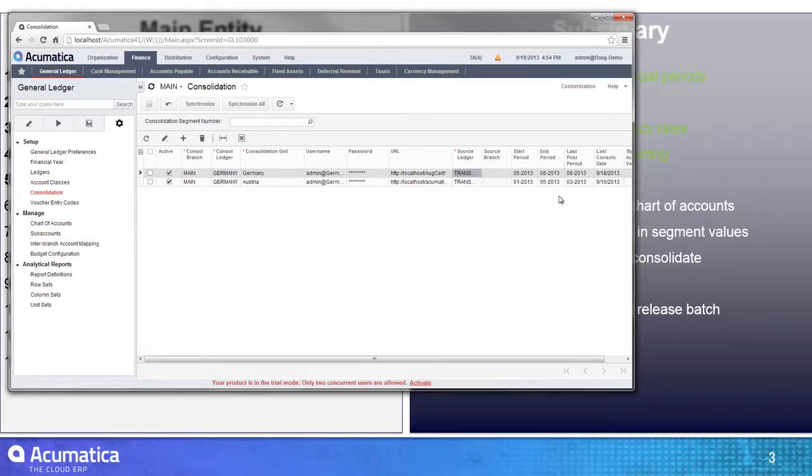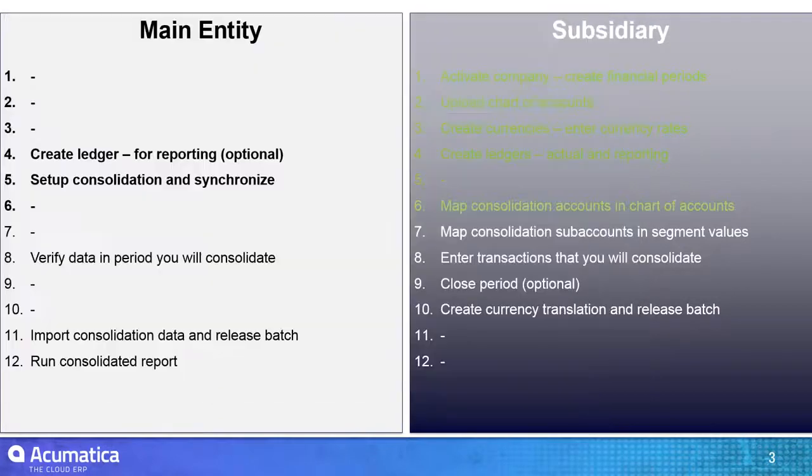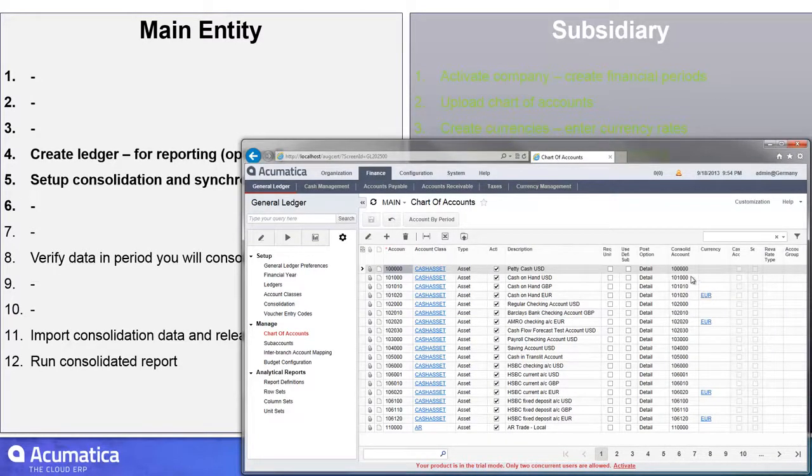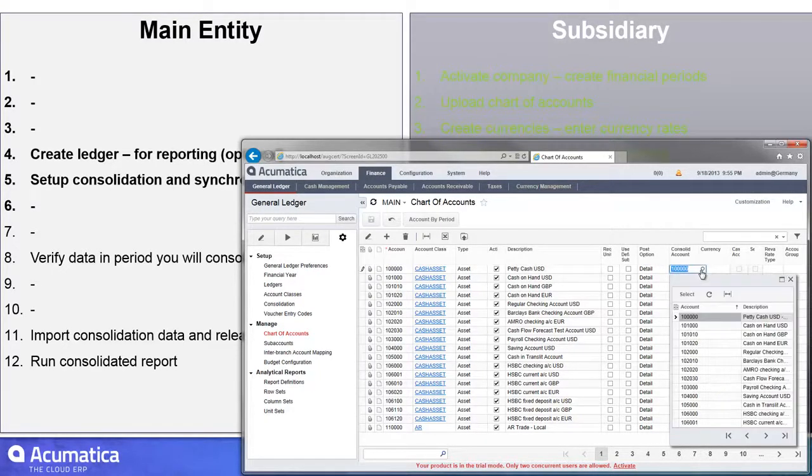At this point, I've been doing some work in the system. So once I've set up my consolidation, I went back to the subsidiary to map my consolidation accounts in the chart of accounts. So let me go show you where this occurs. You'll see that I have my standard chart of accounts, but in this case I've listed a whole bunch of consolidation accounts. Once you've done the synchronize, it makes all of the accounts in the main entity available to do